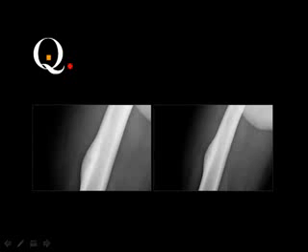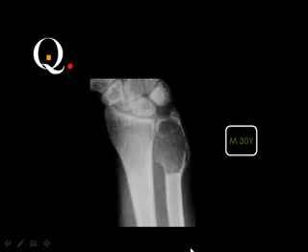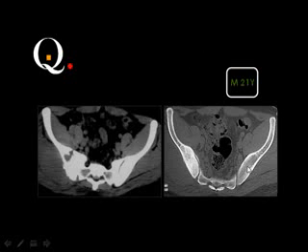What do you think about this lesion? Mumtaz. Very good. And this lesion, giant cell tumor. Very good. And this lesion,